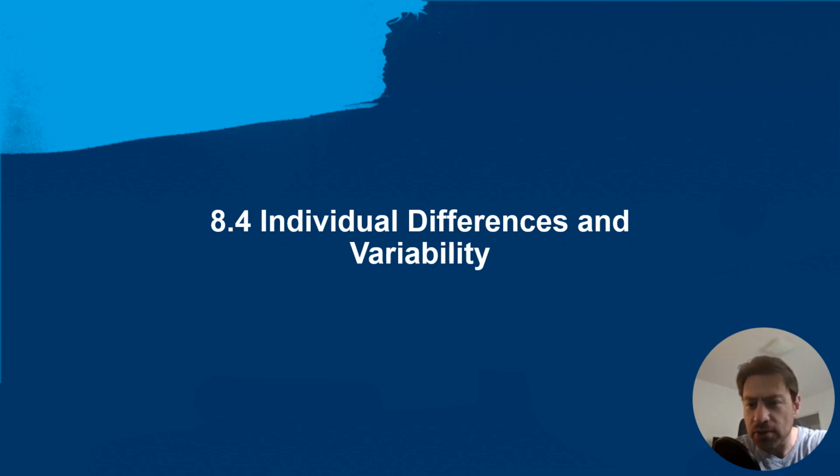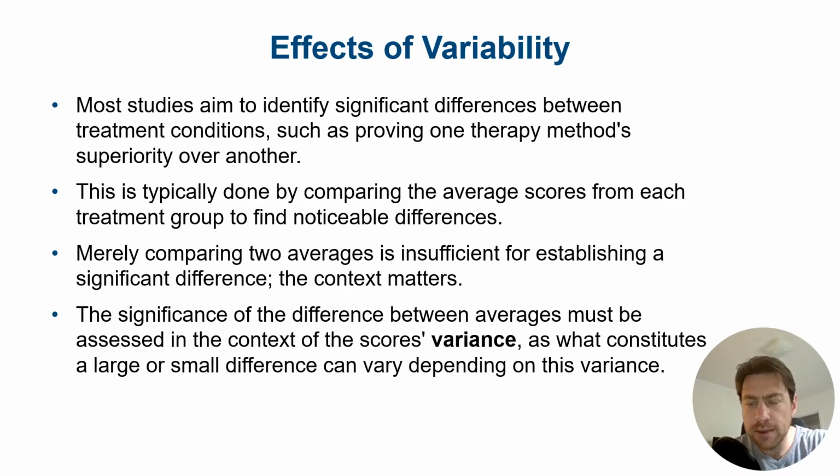So this is section 4 of chapter 8, and the topic that we're going to discuss is individual differences and variability. All right, so as we've been discussing, most studies are going to manipulate some independent variable, thereby creating at least two different treatment conditions. And then you're going to compare those two conditions against each other to look for significant